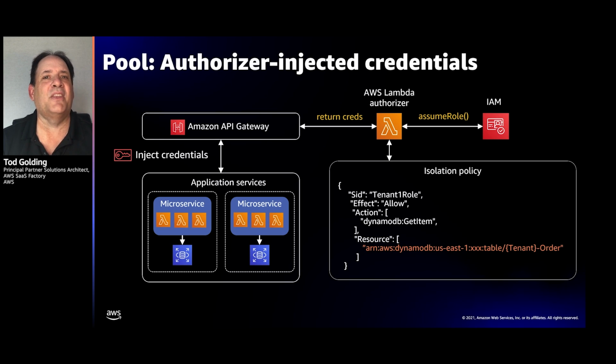Is it better for me to get those creds and inject them at the authorizer side? Or is it better to push that responsibility more to each individual microservice and let the microservice decide how it's going to resolve down to those credentials and then manage all of that at the microservice level? We've absolutely seen this done multiple ways. This is just the way we happen to implement it inside of the reference architecture. And we were able to cache policies and do some other things here and centralize this a bit more. But then there are the downsides that all of that processing is done at the authorizer side.